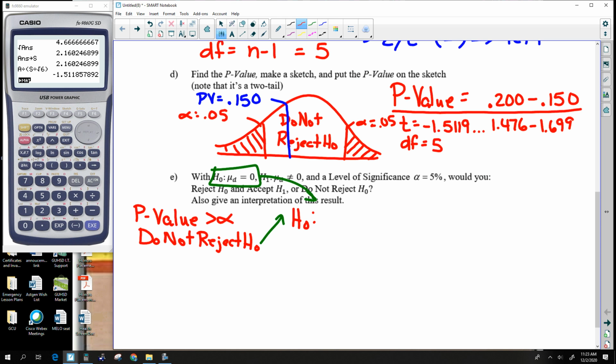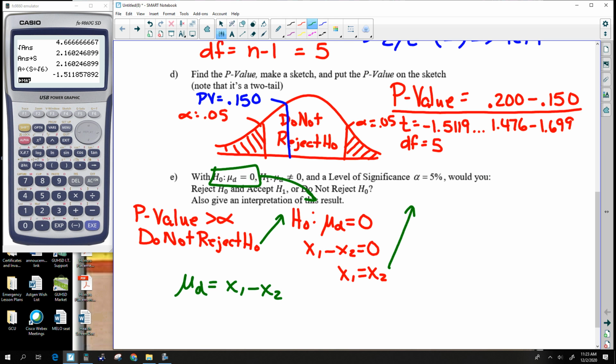So H0 is mu of d is equal to 0. I told you to think of mu of d as being x1 minus x2. So if mu of d, x1 minus x2, is equal to 0, that means x1 is equal to x2. So what do we say here? This is the one where we kind of break from script and we have to put in the fancy answer of we are unable to determine a difference